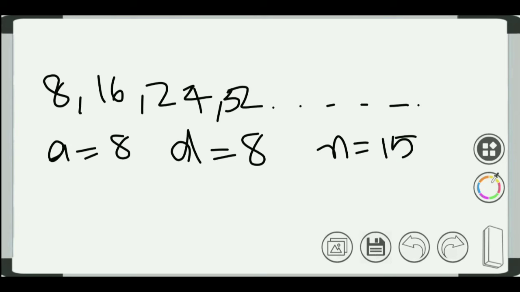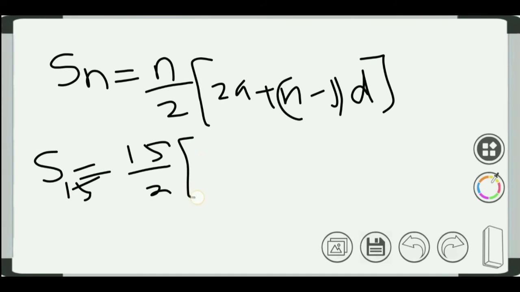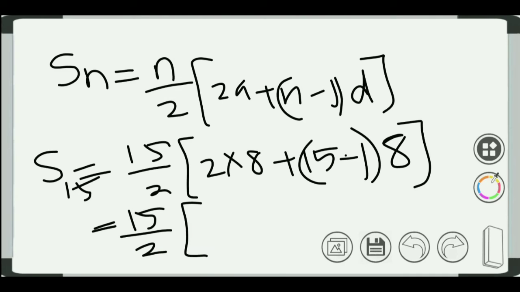Substitute this in the formula of sum of n terms. Sn = n/2 (2a + (n - 1)d). Substitute the values. S15 = 15/2 (2 × 8 + (15 - 1) × 8). So 15/2, 8 into 2 is 16, plus 15 minus 1 is 14, into 8. So 15/2 (16 + 14 × 8). What is 14 into 8? 112. So 15/2 into